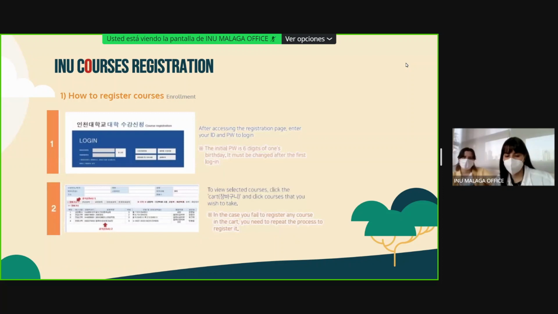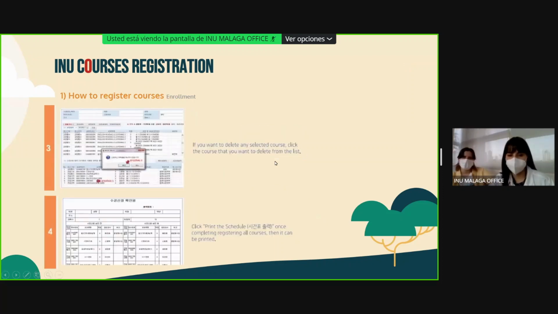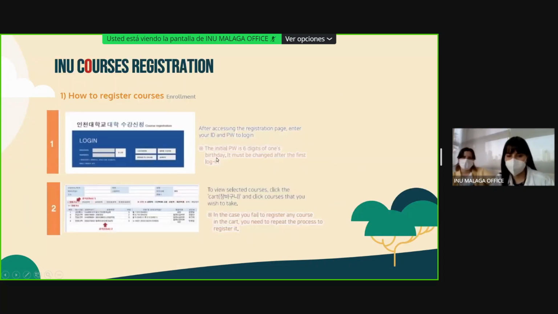You can see in this one, here will only appear the ones that you have pre-selected. Among them, you can choose this one and this one. You have different options, so please pay attention to whether the courses are going to be taken in Korean or either in Korean or English. So we suggest that you contact your buddy. The buddy is a Korean student probably assigned to you to help you with these kinds of situations.